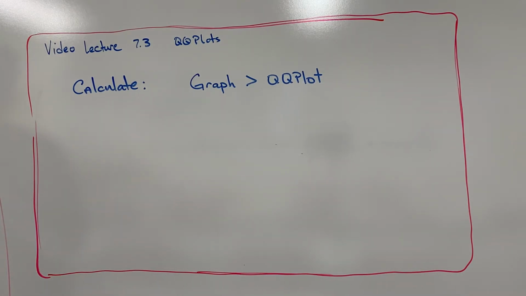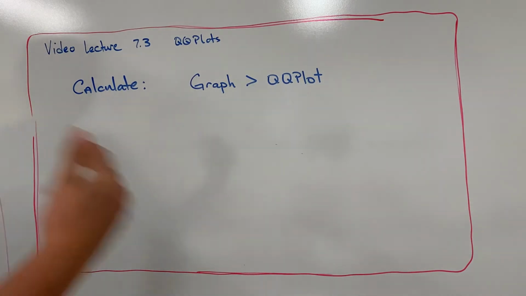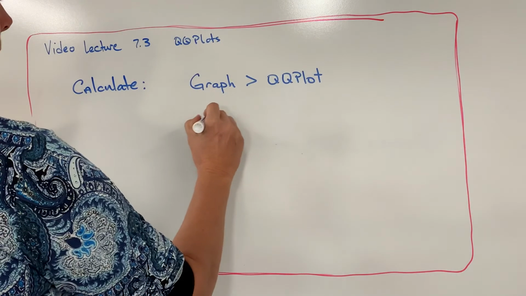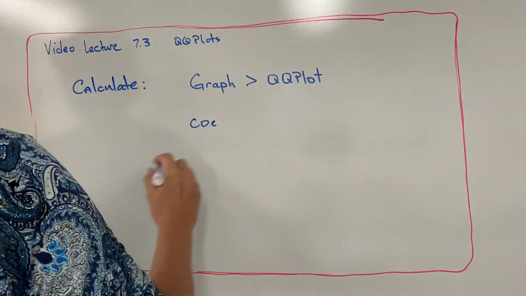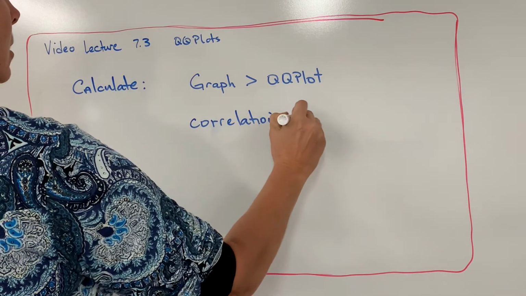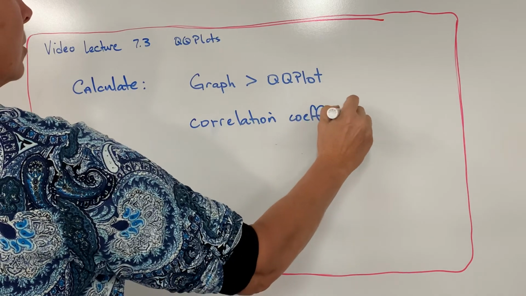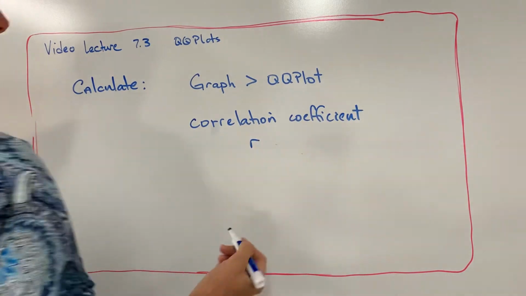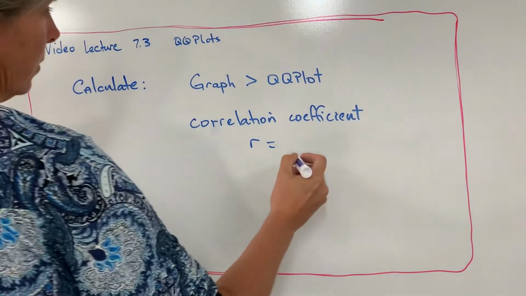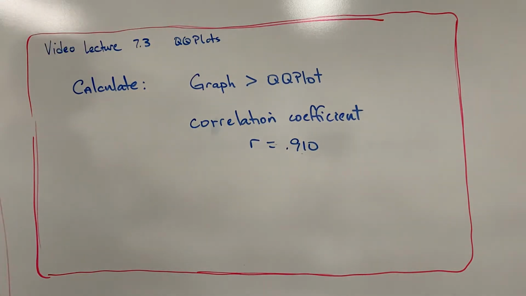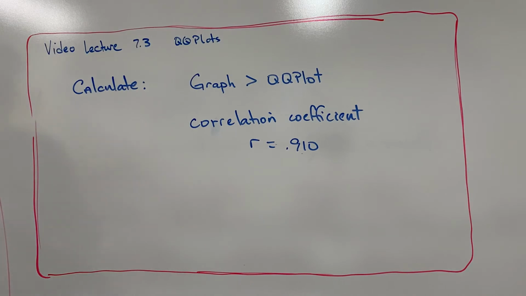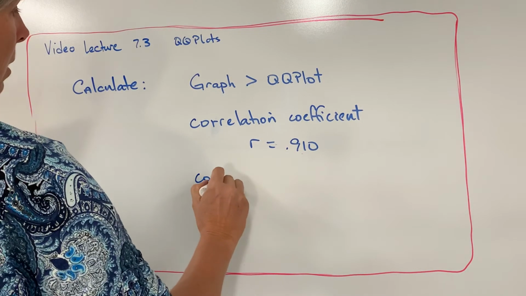All right, so what happens when you do graph QQ plot and you give them your observed and give them your z-score data is that it will spit out a correlation coefficient, which should sound familiar. It's R. R is the letter they use to represent the correlation coefficient. So let's say your R was something like 0.910 or whatever. It's going to give you that by doing the QQ plot. And what you want to do then is you want to compare this with the